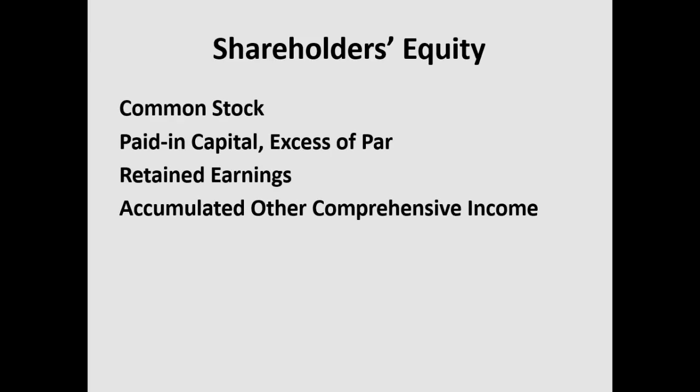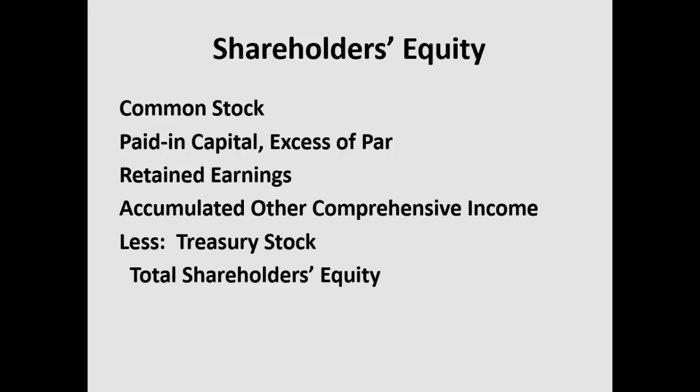Finally, shareholders' equity, how is it shown? If you had preferred stock, that should be listed before common stock. Accumulated other comprehensive income comes below retained earnings and before the final reduction for treasury